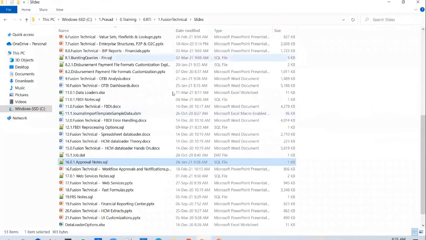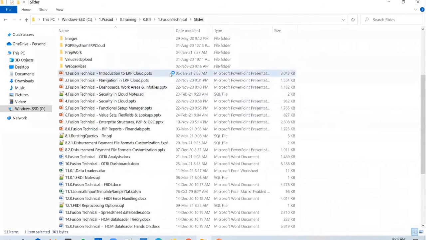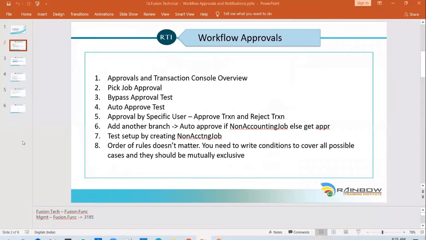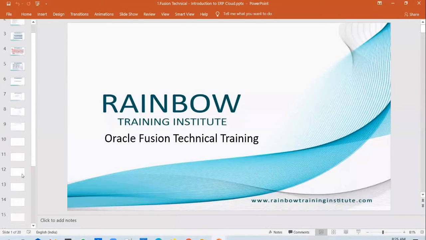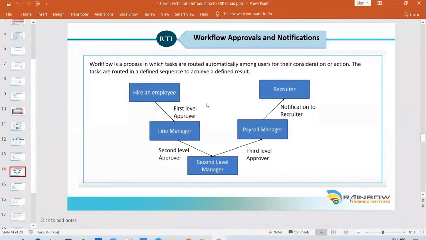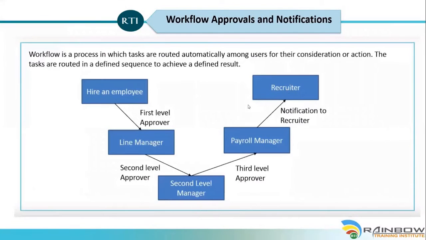Say for example, you want to achieve the use case that I showed in the first day session, like whenever an employee is hired, it should go to the first level manager, then the second level manager, and then the payroll manager. And finally, a for your information notification should be sent to the recruiter.